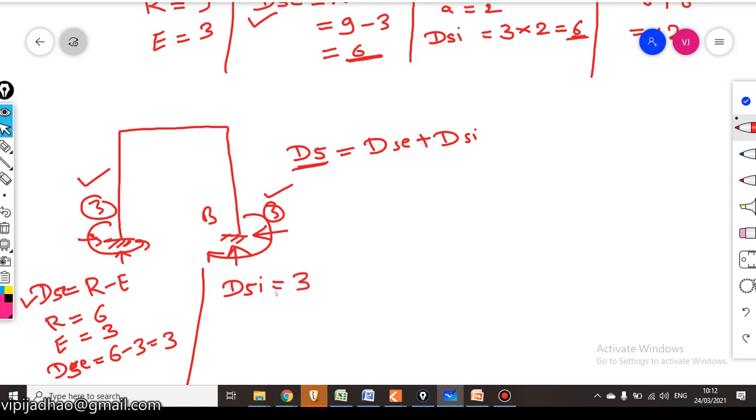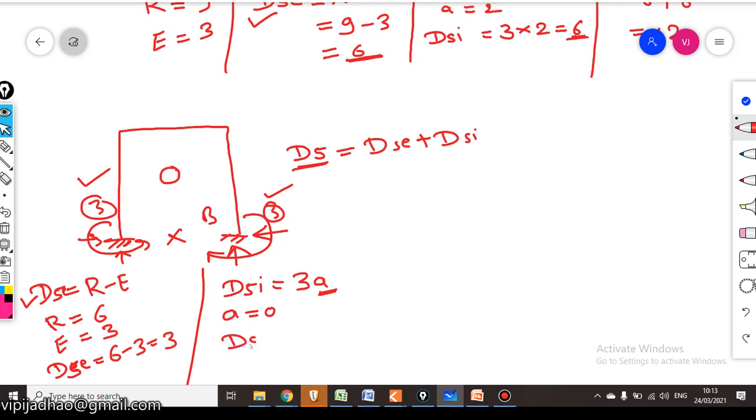Whereas this dsi, that is degree of static internal indeterminacy, for a rigid frame is equal to 3a. The formula for calculating the static degree of internal indeterminacy is 3a, where a indicates the total number of areas of your frame which are completely enclosed by the members of your frame. Here you can see zero areas are completely enclosed by the members of the frame, because this particular frame is open at the bottom, and therefore a will be equal to 0.